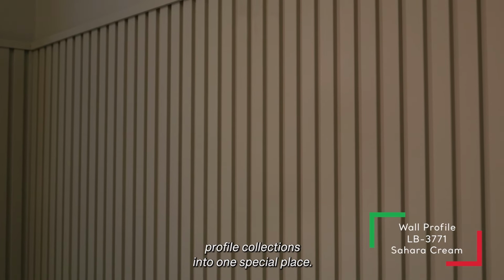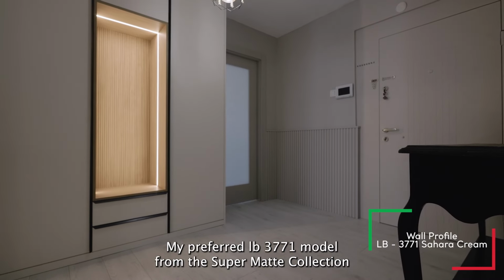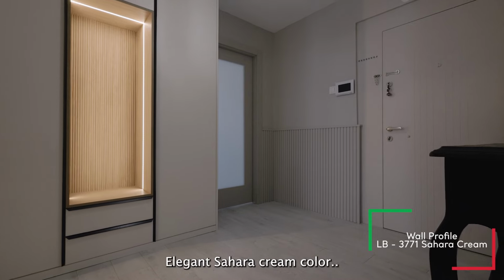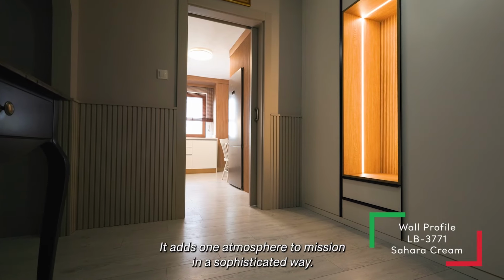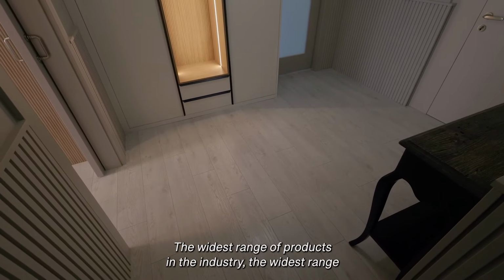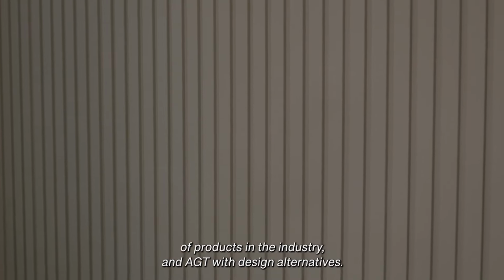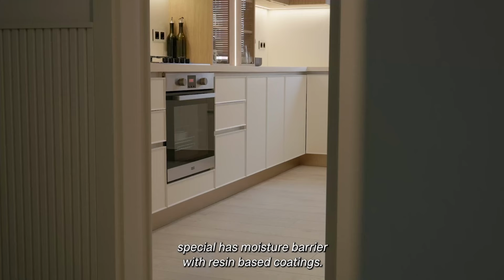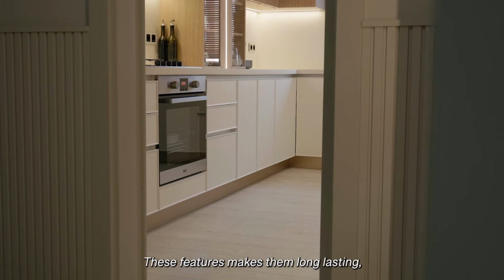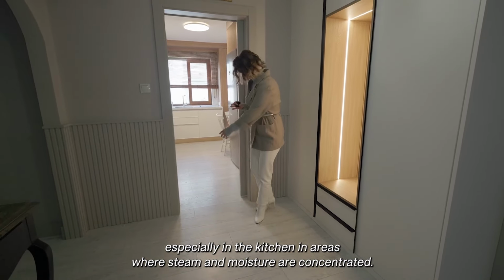We divided the wall profile collections into one special place. My preferred LB 3771 model from the Supermatte collection, Elegant Sahara Cream color. It adds one atmosphere to Mekahan in a sophisticated way. The widest range of products in the industry, and AGT with design alternatives. Our home is unique. One device combines aesthetics and functionality, wall profiles. Special has moisture barrier with resin-based coatings. These features make them long-lasting, especially in the kitchen in areas where steam and moisture are concentrated, allowing them to